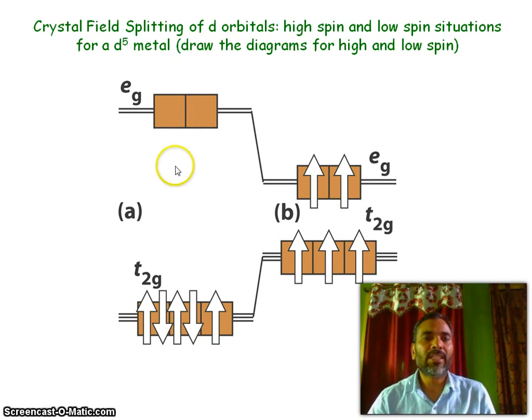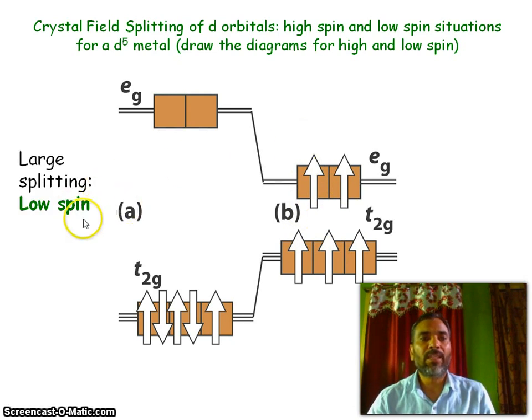So with a larger energy gap, all 5 electrons stay here because they will not go up here. But if this energy gap is less, first the 3 orbitals fill, and then without pairing the electrons will go here. And that is a very important concept. This is the pictorial diagram for understanding, not the exact one. So if the gap is high, then pairing occurs. If it is low, then pairing does not occur.